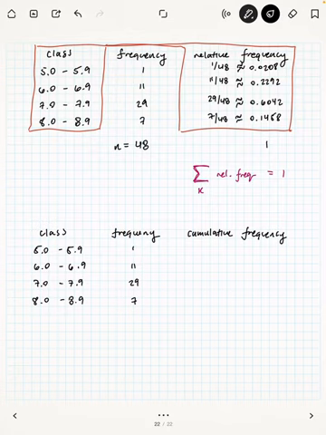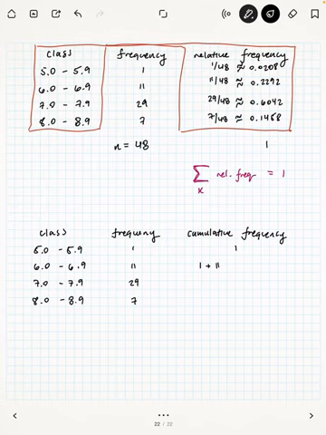And the way cumulative frequency works is instead of calculating proportions or the frequencies themselves, what we can do is start with the very first class, and the first cumulative frequency will just be the first frequency. The next cumulative frequency, so for the 6.0 class, we'll take what we had in the previous cumulative frequency and add on the next